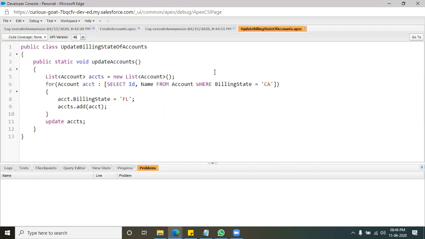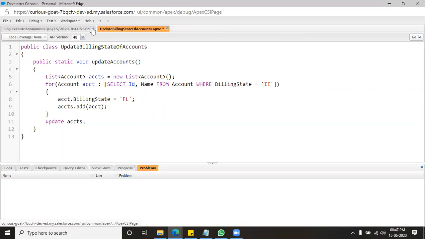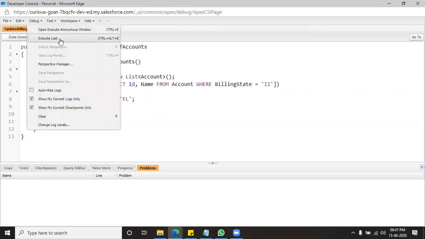Just a minute. Can you give the billing state as 2I, capital I? Now execute the script.